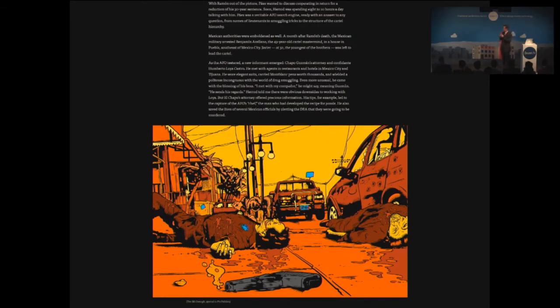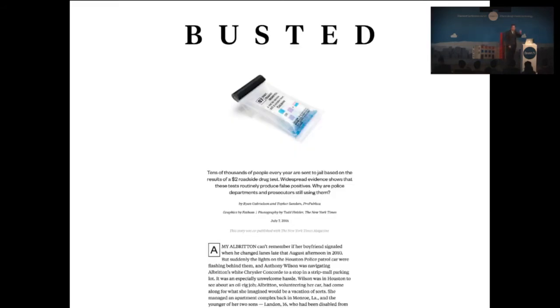to achieve using photography. And then finally, there's this example, Busted, which is an exposé of false positives in police roadside drug testing kits. And the effects on people's lives from being falsely accused of taking drugs after only taking cold remedies is told better through the art direction. The testing kit in the header image is really small, which adds scale to the devastating consequences of these accusations.